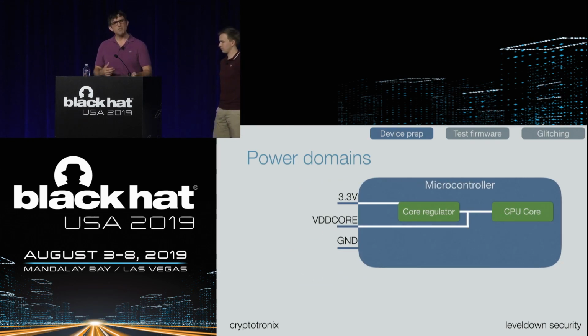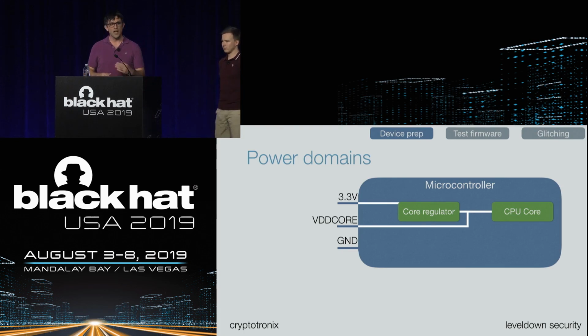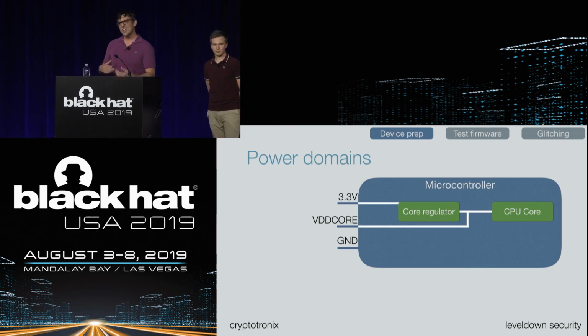And so sometimes this is called VDD core. There could be different names on the data sheet, but the key insight here is that we have a nice direct access to the internal CPU core. We don't have to provide just 3.3, because that voltage regulator is kind of in the way. It's going to be messing things up. And now we can supply voltage directly to the CPU core.